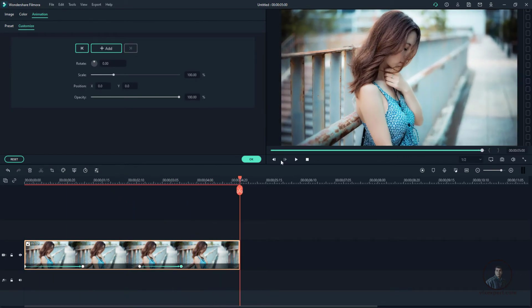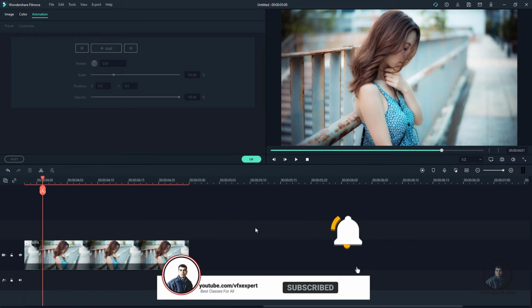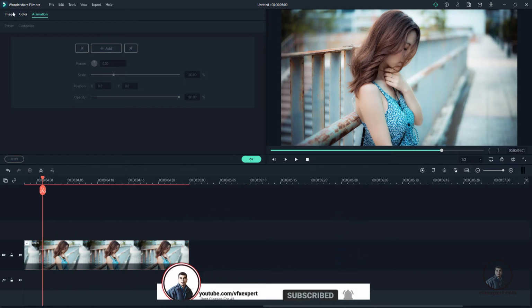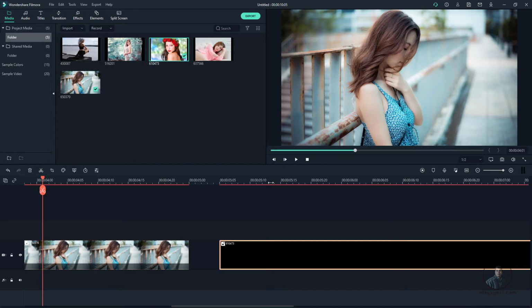Now you can see. Okay, Control plus and minus zooms in and out: hold Control and press plus or minus to simply zoom in and out. After a little bit I am going to explain further. Again press OK here, then in the media folder select your folder and I am going to drag and drop here.